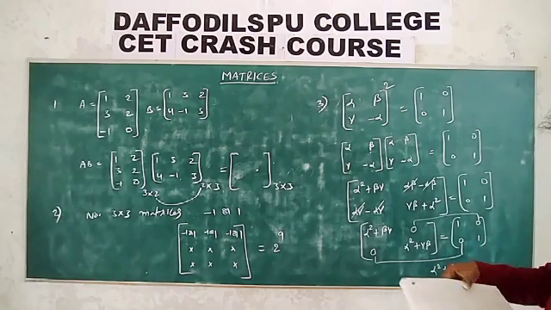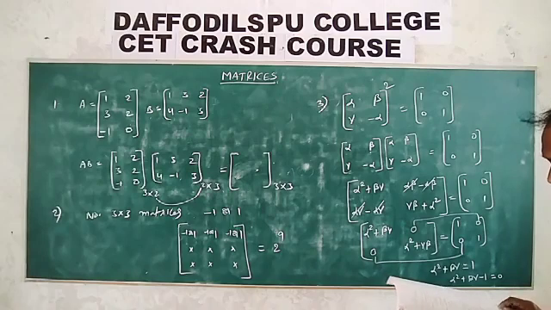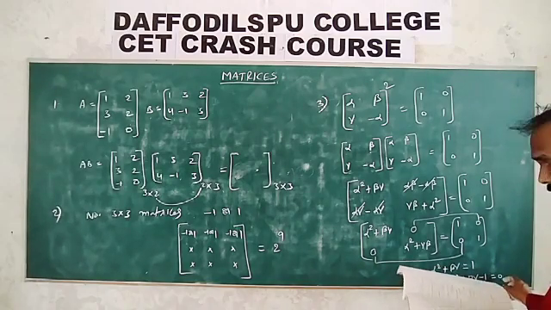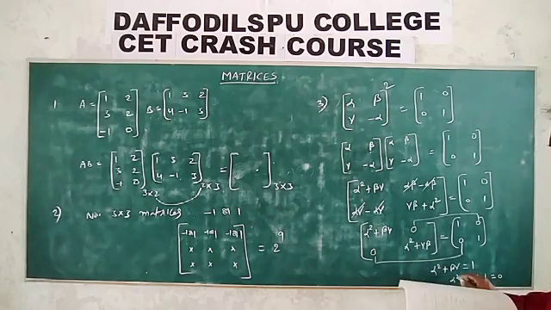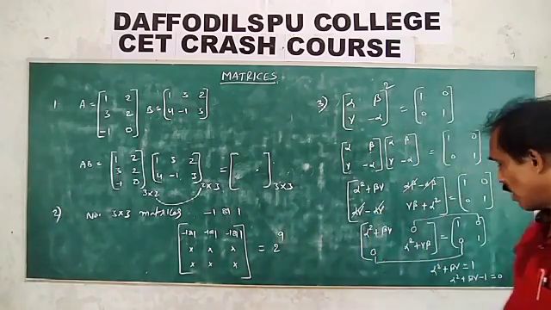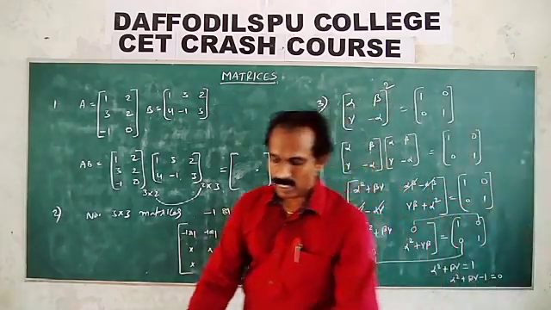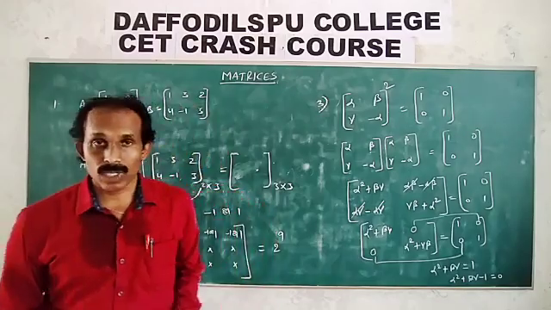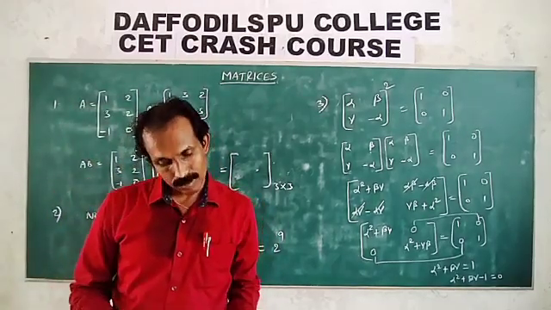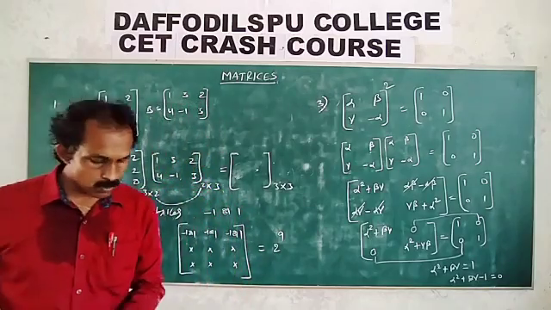Now which option is this? Alpha square plus beta gamma minus 1 is equal to 0. The fourth option is the correct answer. That is how it goes. Solve the bits, and next we will solve the fourth one.